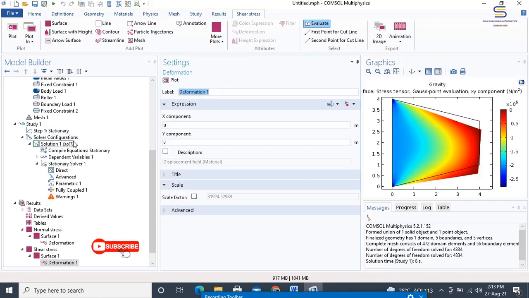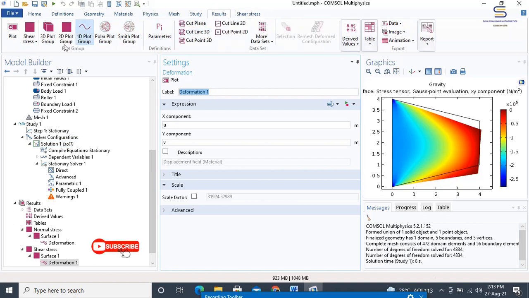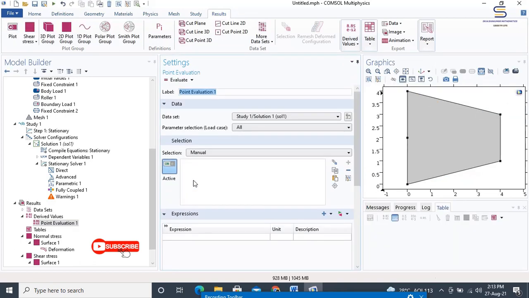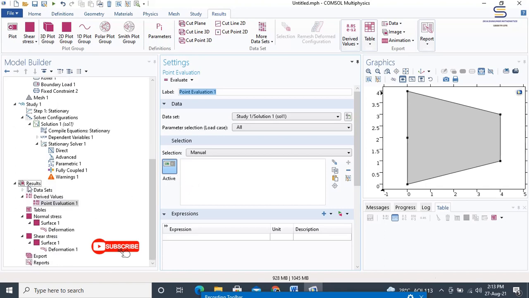On the results toolbar, click point evaluation. Go to the results toolbar. You will be having the derived values. There, click on point evaluation. In this point evaluation, you will be seeing the result being taken over.